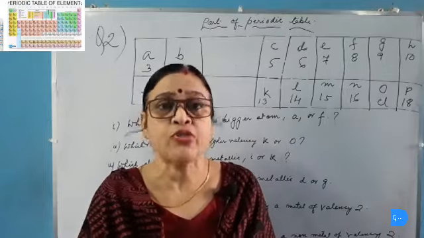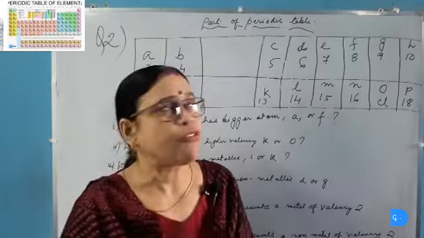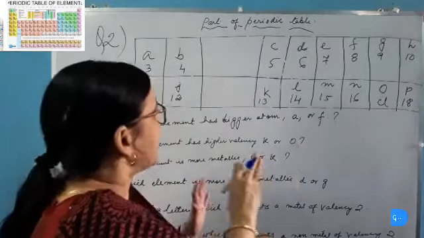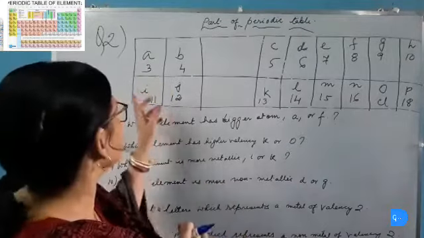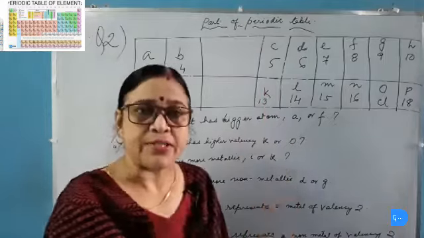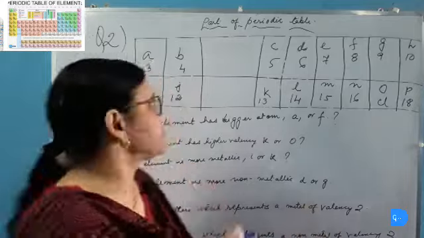Here is an important question from the periodic table in chemistry for class 10. Now let's see the question. Here a part of a periodic table is given, and the atoms are arranged according to atomic number. The letters A, B, C, D which are given here are not the chemical symbols of the elements. So now let's see the table first and then we will answer the following questions.